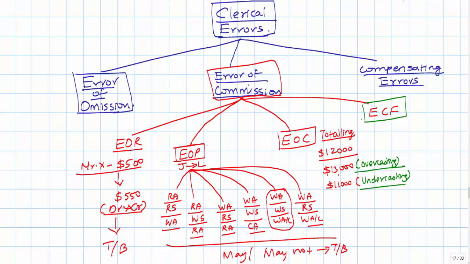And the fourth type of error is error of carry forward. What is this error of carry forward? This is the error which will arise when a mistake is committed in carrying forward the total of one page to another. And this kind of error can be noticed in places where books of accounts are maintained manually. When books of accounts are maintained electronically or through ERPs, you don't encounter this error.